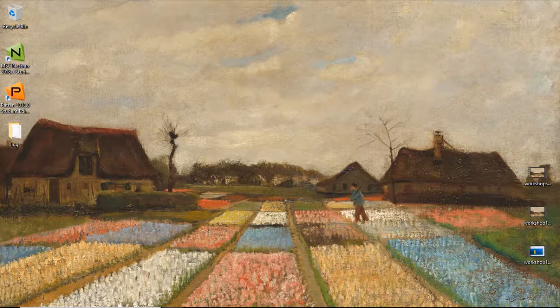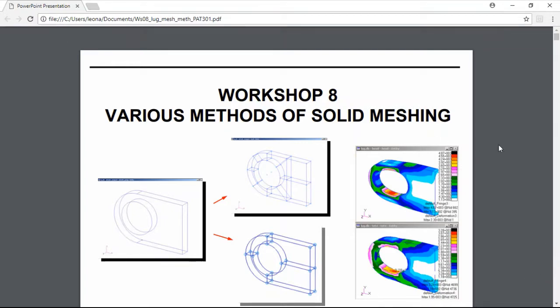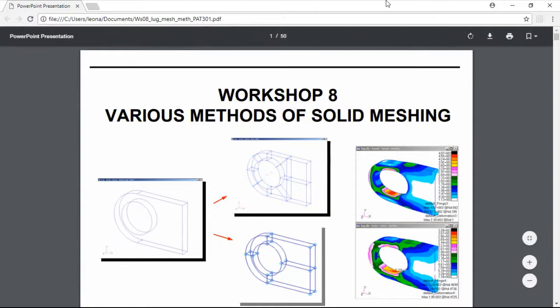This is workshop number 8 of the PAT301. This workshop has the objective of learning various methods of solid meshing. Basically, we're gonna go around the types of TET meshing and hex meshing. So to start,